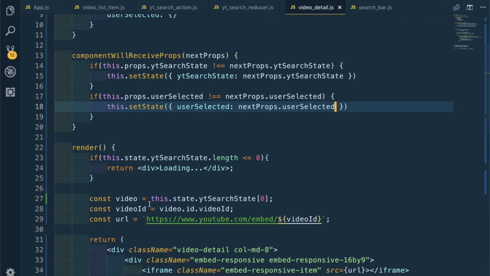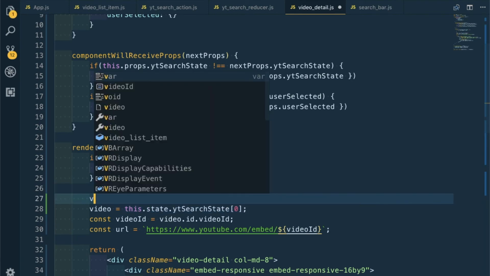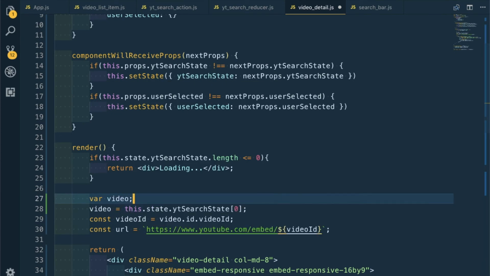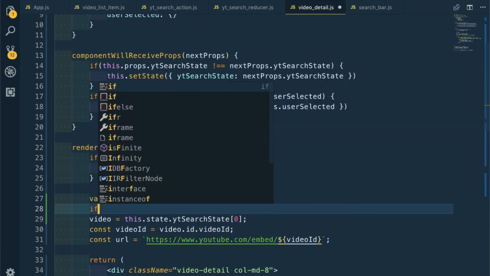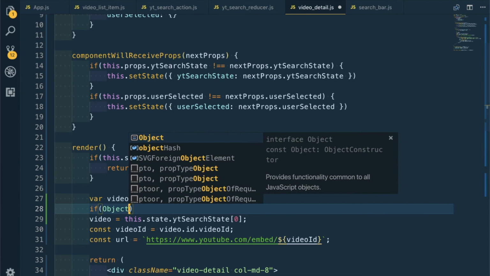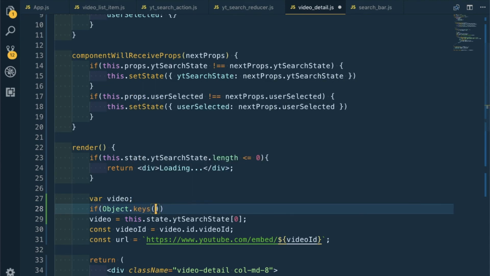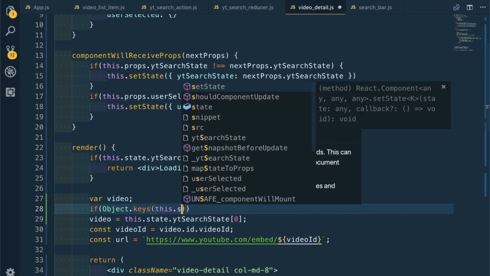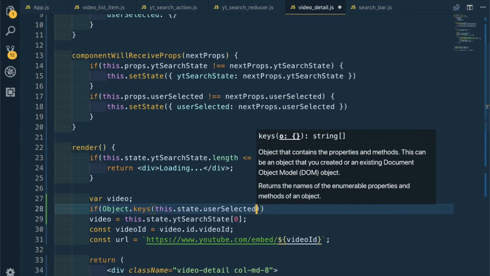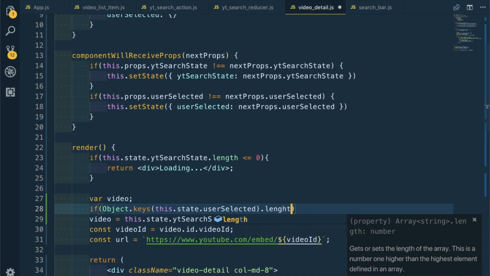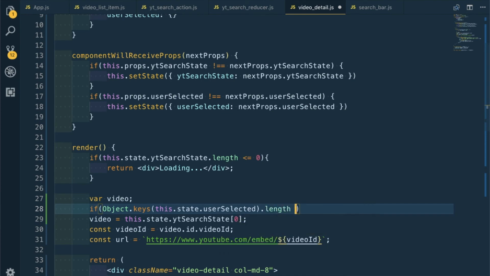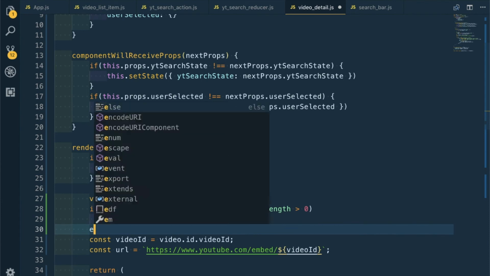So for that I have to, let me change this, var video now if object dot keys this dot state dot user selected dot length is greater than 0, then we will have this, or else